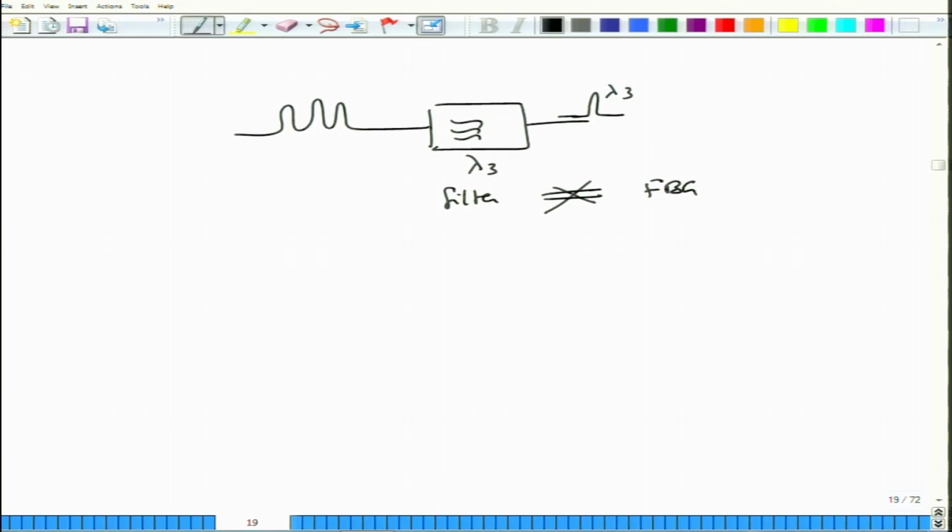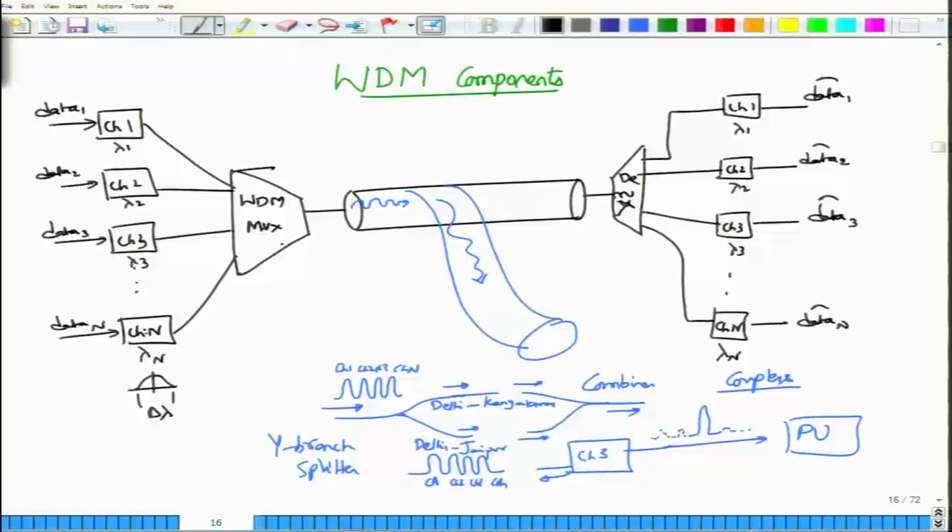So, we have seen these devices, starting from the WDM multiplexer and demultiplexer. In fact, the WDM multiplexer and demultiplexer are essentially filters themselves. So, this is how the multiplexer characteristic would typically look. These are the central bands, and this is how the overlapping actually happens. So, one has to design a filter such that this overlapping can be reduced as much as possible, and a demultiplexer also looks very similar to this one, except that there are these individual channels at the output, whereas at the input you have all this single channel.